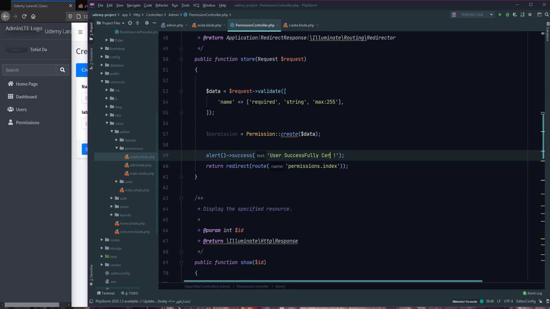Sorry, create, change permission, okay. In store method it is good and it works, route just change to permission, not permissions